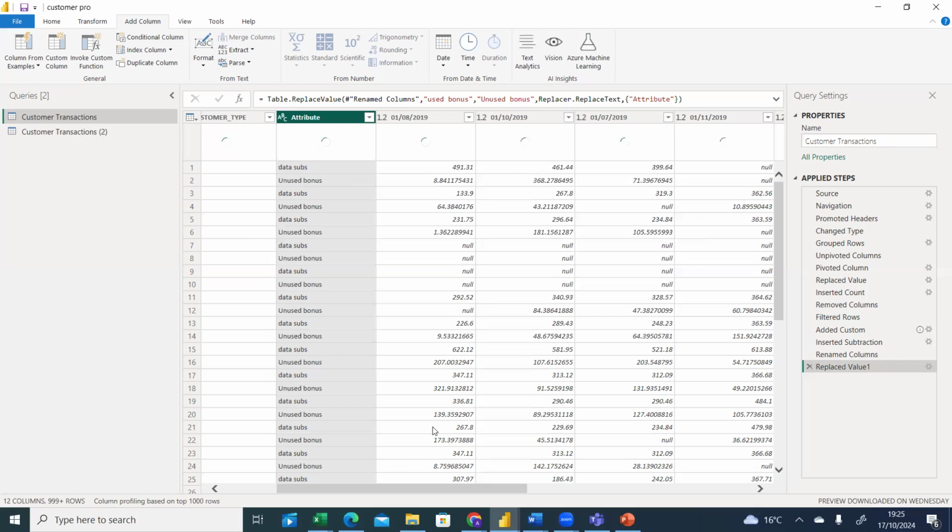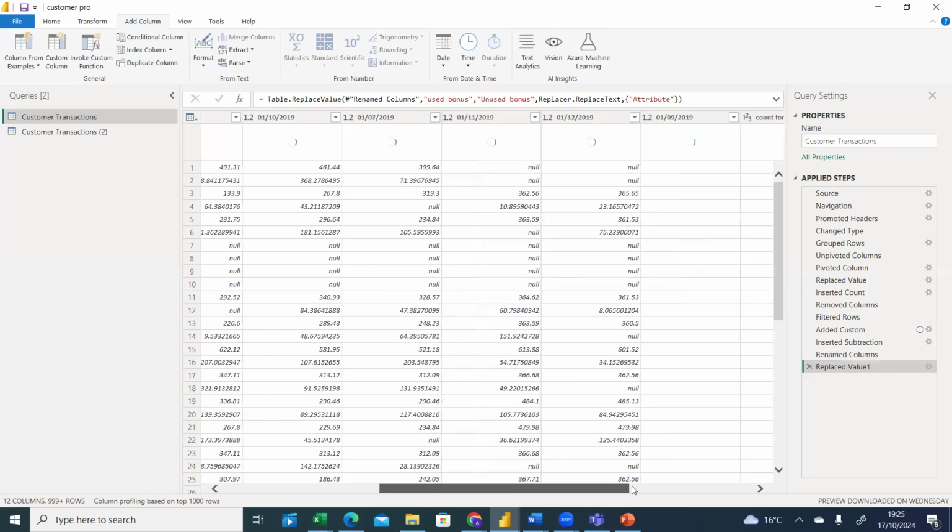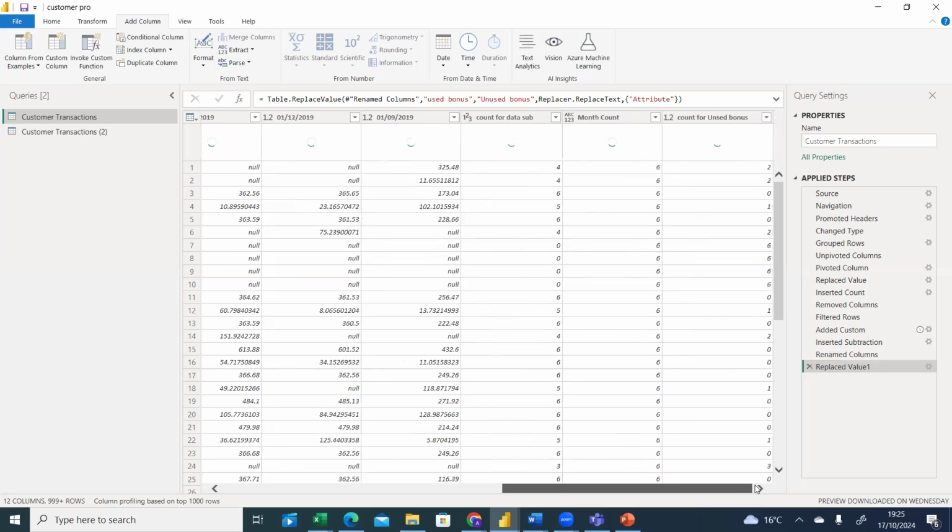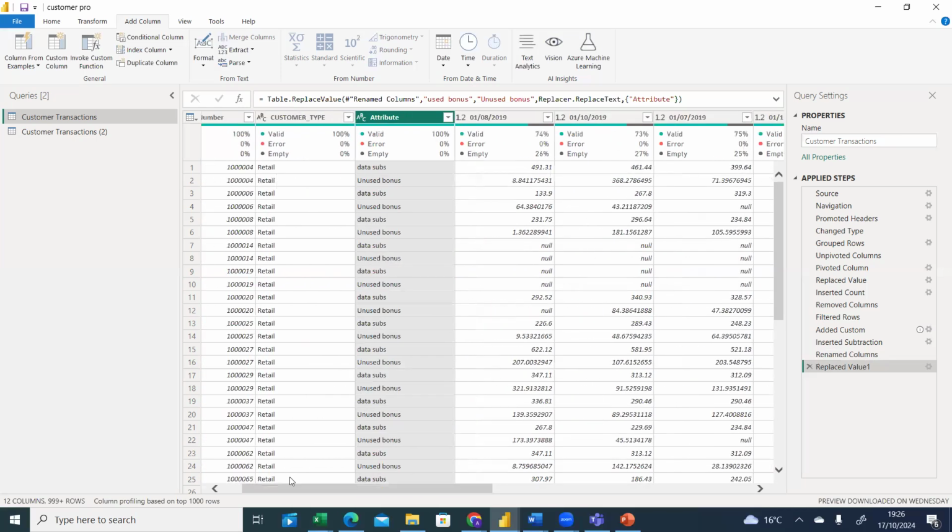So we need a column now. We can create a column that will merge the two together. This is what I mean. Our total count now. Okay, let's create a new column now. A conditional column again. We want a singular column for data sub and unused bonus, so that